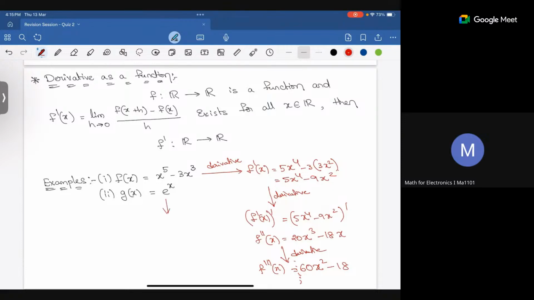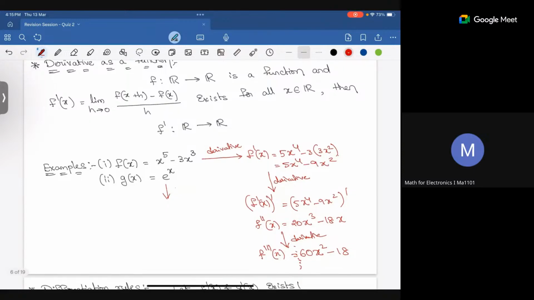Another example is just e^x. I took this example because we already learned exponentials, right? So if I take the derivative of e^x, I'll have g'(x), which is e^x itself. So the derivative of e^x is also e^x. Here, even my derivative function is the same as the original function. This is the first derivative. And if I take one more derivative,